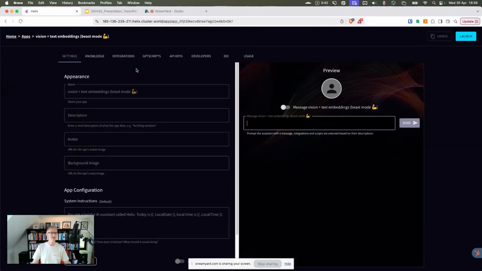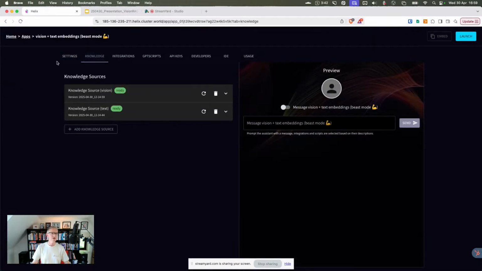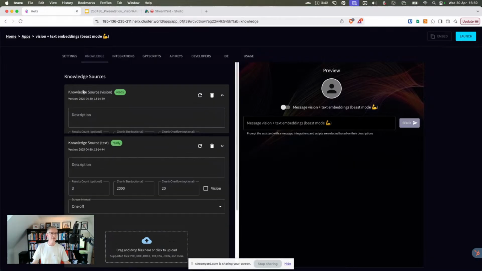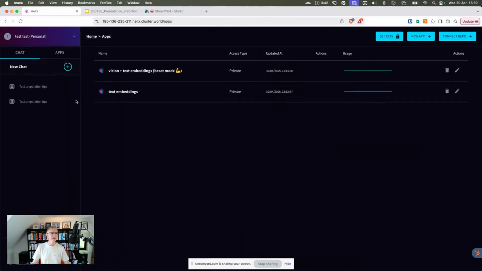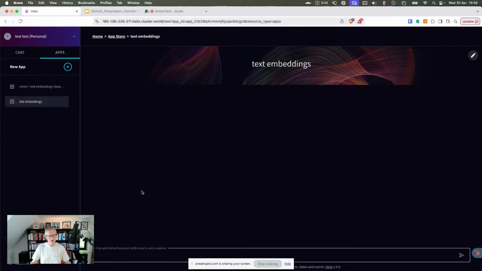I've also created a second app, which I've called Beast Mode, which is provided both text and vision. So now I'm going to go ahead and try those apps, and I'm going to try and remember the query. Inside one of the documents, there's some research about how news articles correlate with stock, basically. So I'm going to try and target that information. Obviously, in a normal daily workflow, you might not be specifically targeting information, but let's give that a go. How does the